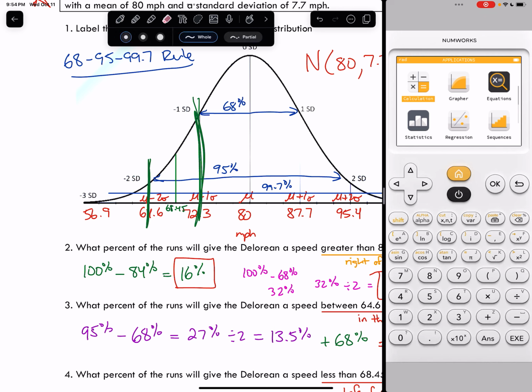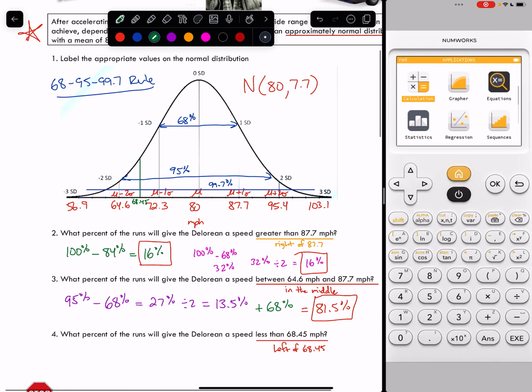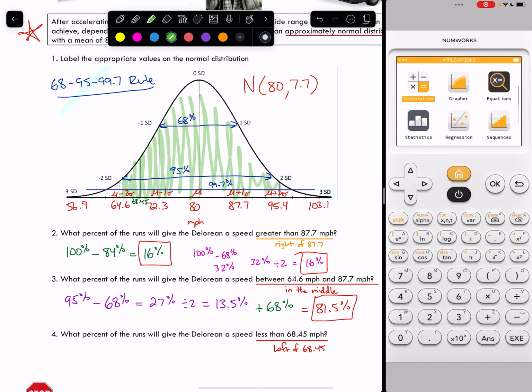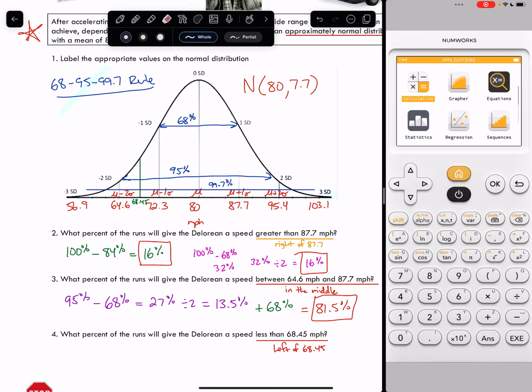And again, we kind of just did the work on that by taking the -2 to +2 section, all of this, -2 all the way to +2, and we said that that was 95%. We subtracted out the 68 and then divided by 2. That was what we did right here. That part right there is what gave us this left section. So if that whole section is 13.5, well, if I want to split that in half, I'm just going to divide it by 2. So if we split that section in half,